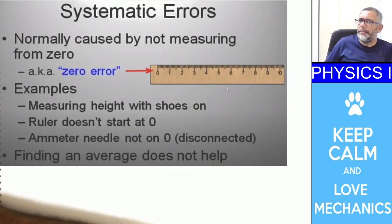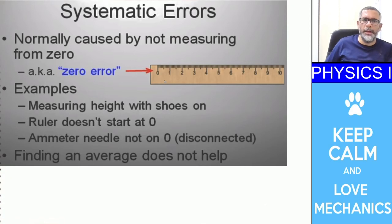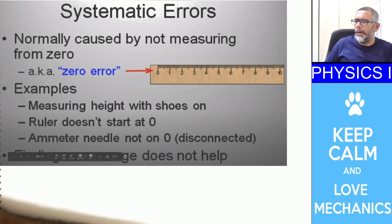It is normally caused by not measuring from zero. An example is, remember this guy, the measurement of the height of this guy with the shoes on. Whatever you do, whichever device you use, all the measurements are always going to be larger than the true value. So you understand that there is a kind of systematic error, and then you have to change the way you measure. You have to change either the subject, or it might also be that your ruler, or your length measuring device, might have some errors, might be the labels are not evenly spaced, etc. All right,